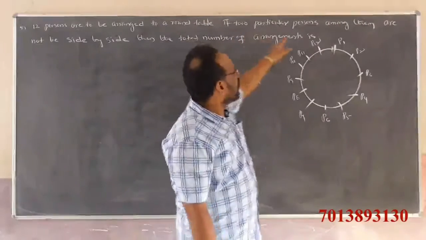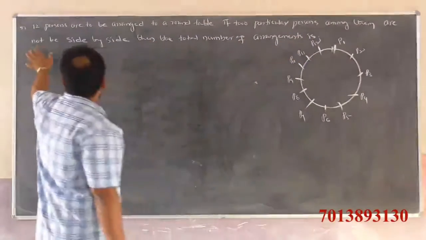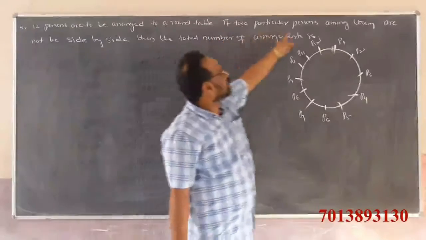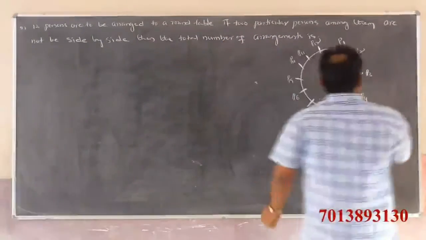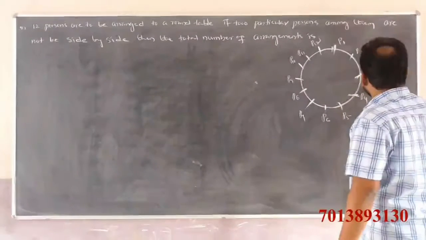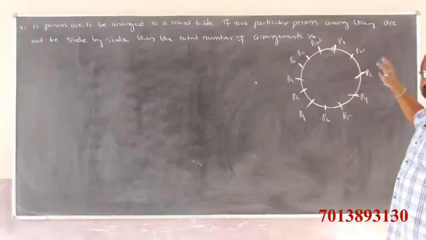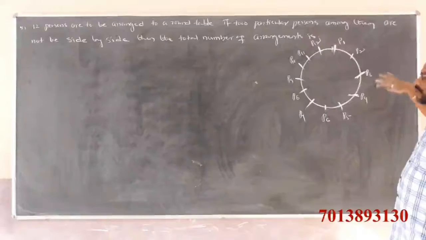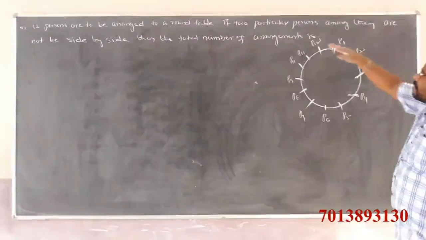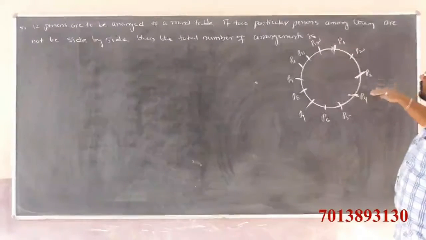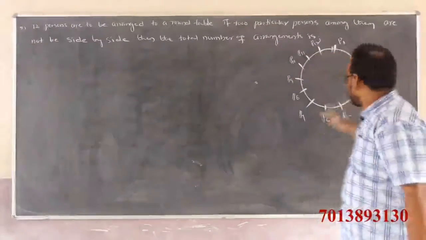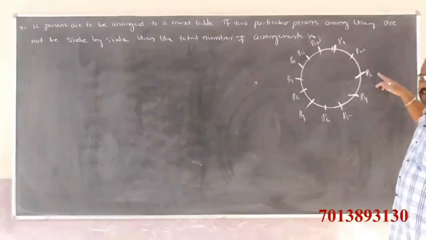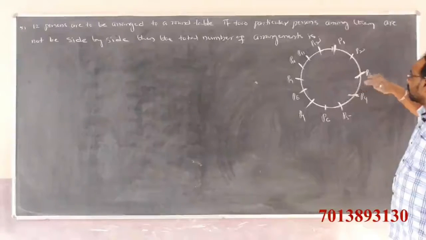Among them, any two particular persons, for example P3 and P4. These two particular persons, any two, I take P3 and P4. If two particular persons P3 and P4 among them are not to be side by side, not sitting side by side at all,